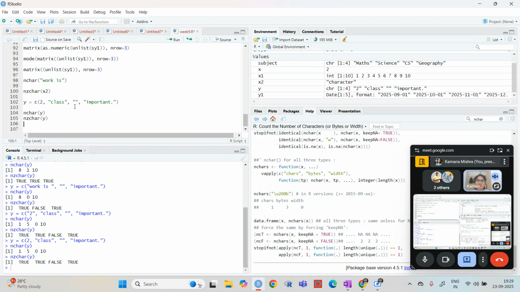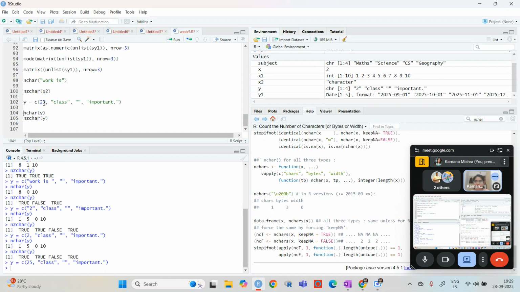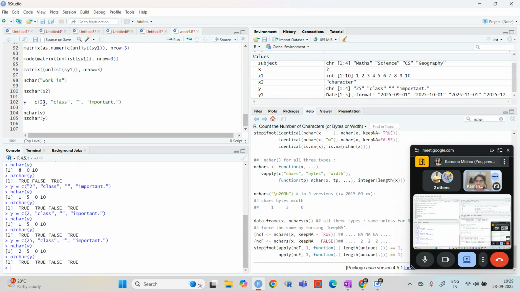Only if there is nothing will it consider it as 0. Otherwise, even if I write 25, it will take it as 2. So it is going to count the numerics too, right?